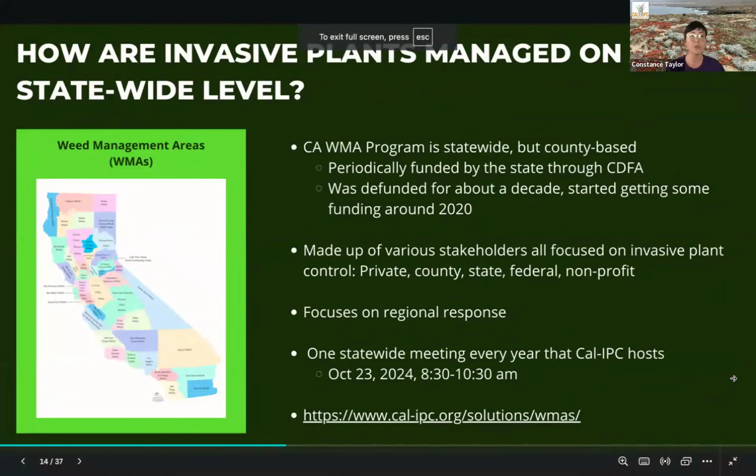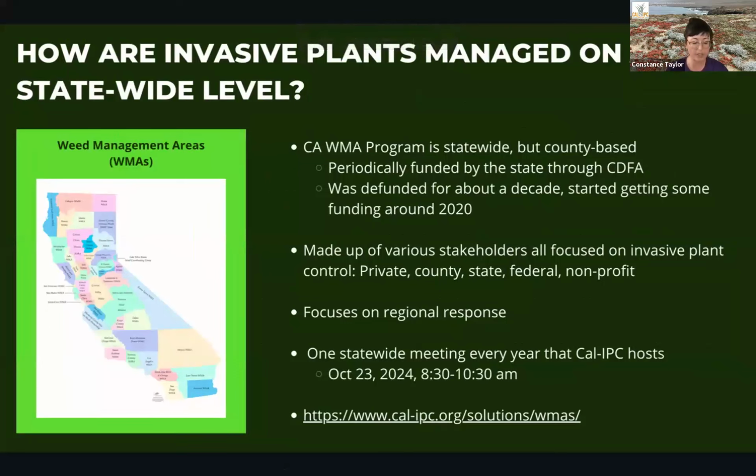Okay. So WMAs, or the weed management areas. These are statewide, but they are county-based. And all the WMAs have a pretty high level of autonomy. They are periodically funded by the state through CDFA. One of the challenges of WMAs today was that this whole program was defunded for about a decade. And they did start getting some funding around 2020, but there have been some challenges getting the funding out to